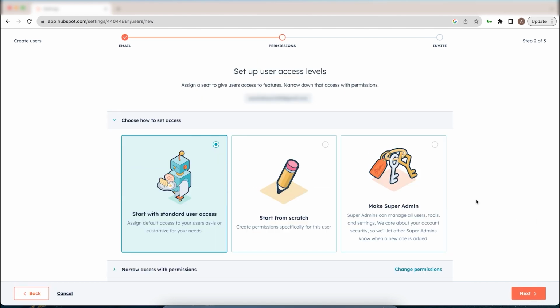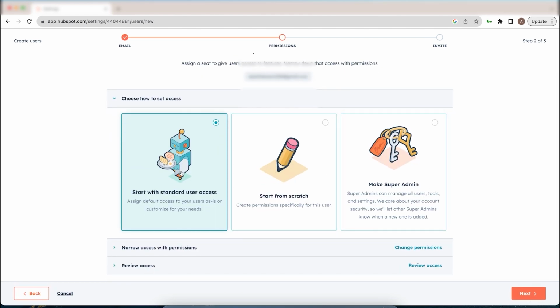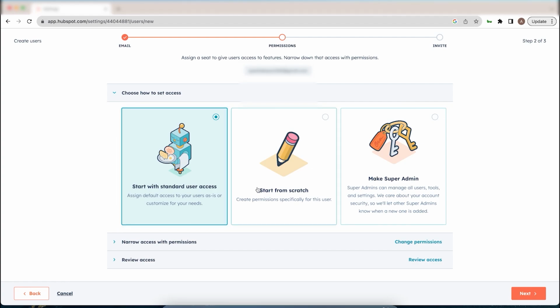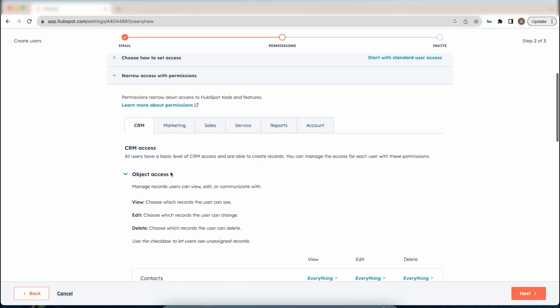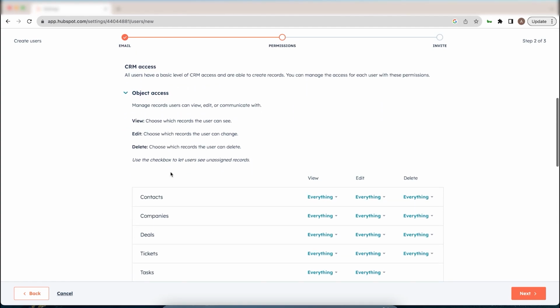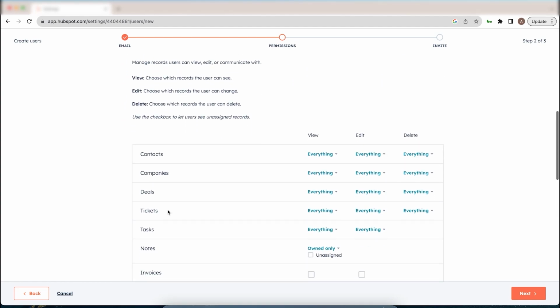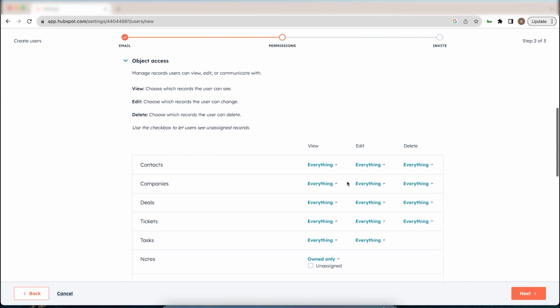I'll click next. Okay. Now you have 3 options. If you want to give them a standard user access, you want to start from scratch and rebuild their permission sets, or you want to make them a super admin. Now within the standard user permissions, you can see a set of permissions here. They have access to the contacts, companies, deals, and this defines the permission set for each component, let's say contacts. So they have the view, edit, and delete permission around these. If you want to customize that,